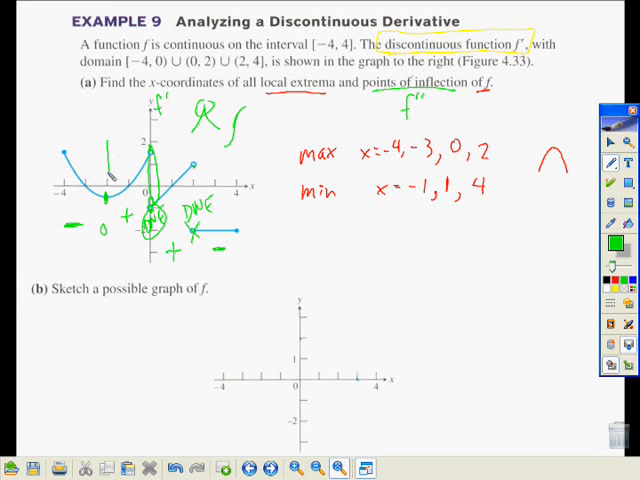So the only place that we're getting an inflection point is right here. So inflection at x equals -2. Let's kind of mark that in there. And we've got a lot of things going on here. Maximum at -4,